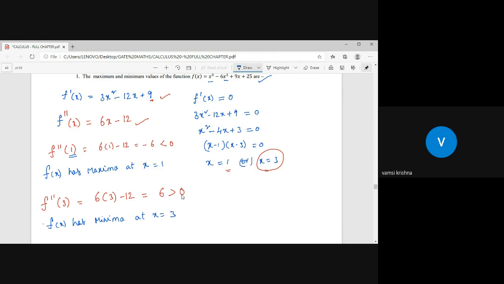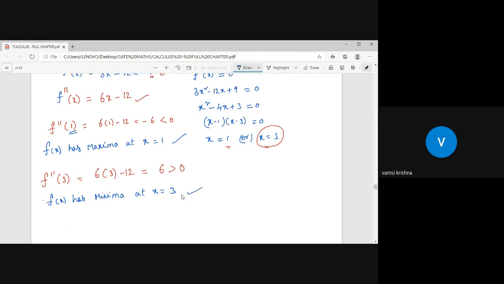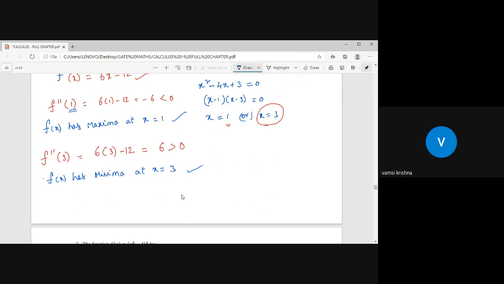Yes. So it has one maxima and one minima. I got 2 points, maxima and minima. We can also find out the maximum value and minimum value. So if you want to find out the maximum value, the maximum value is